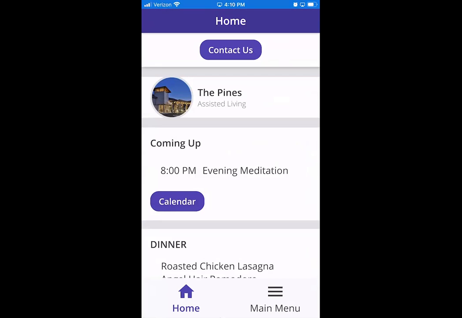Perfect. Thanks, Michelle. So you should see the Pines, which is the particular community that I uploaded that announcement to. Awesome. Thanks, guys. So when I'm in the specific unit that I have loaded the content into, when I